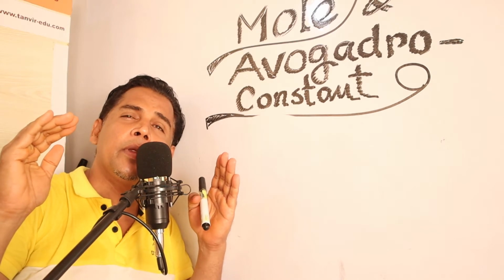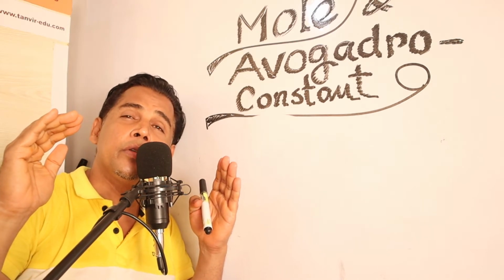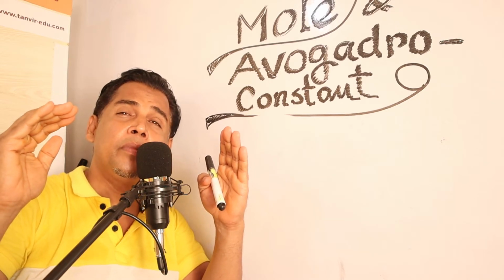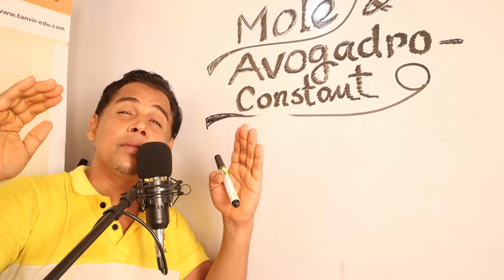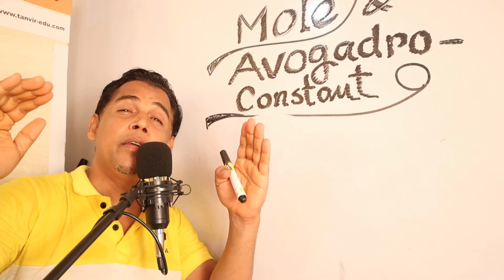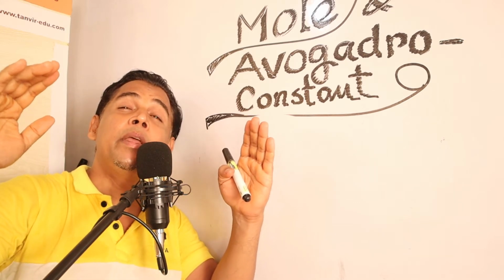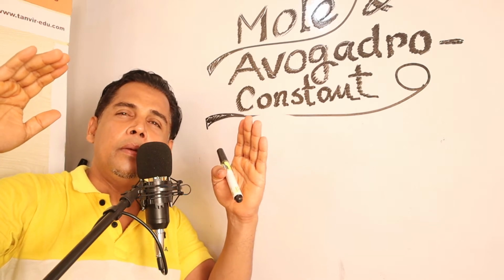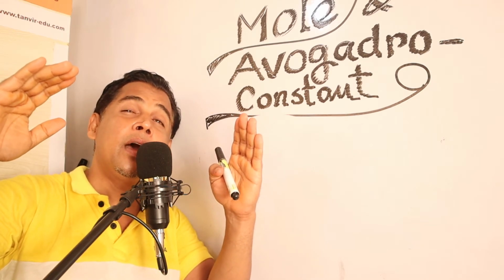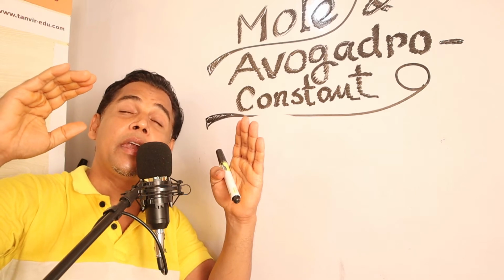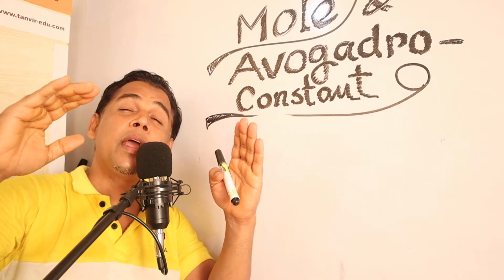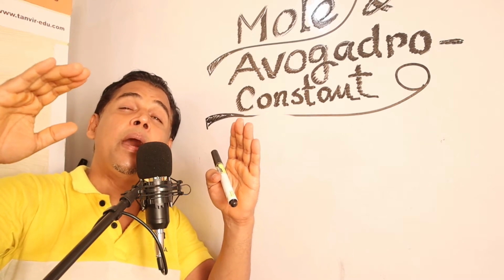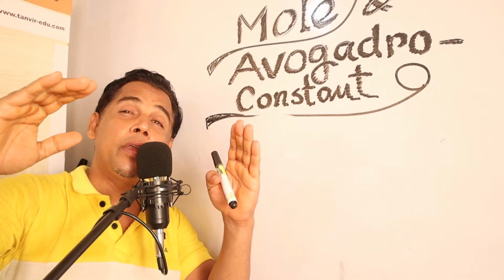Today I'm here to explain moles and Avogadro's constant. In our everyday life, we measure big materials in kilograms or dozens. Mr. Avogadro imagined that the tiniest particles, like atoms, molecules, and compounds, could be counted.